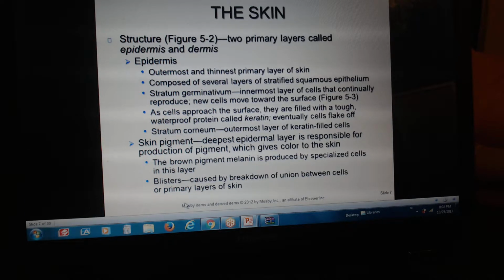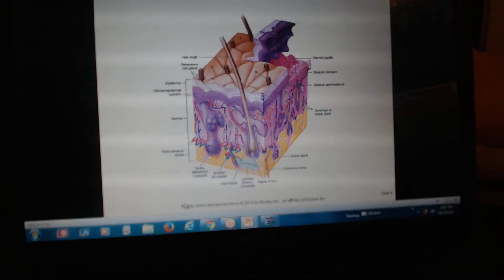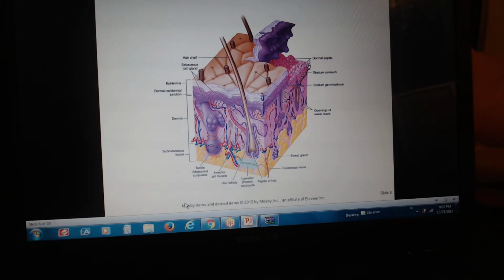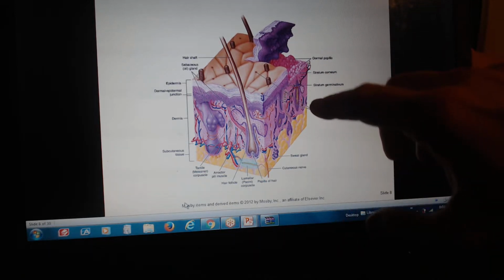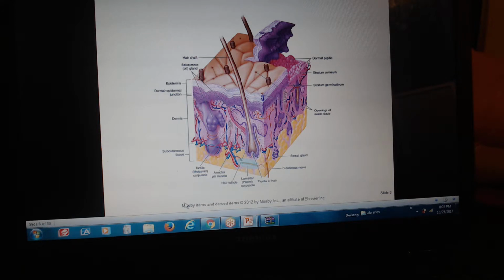The stratum germinativum is the innermost layer that continually reproduces. New cells move toward the surface. And that little video that I gave you on the skin, I talked about the skin cells at the stratum germinativum. If we look at the stratum germinativum, we see that it comes right into contact with the dermis